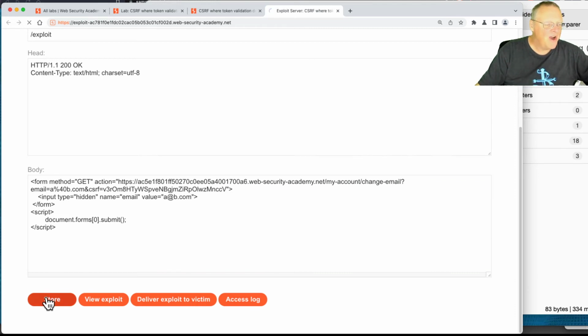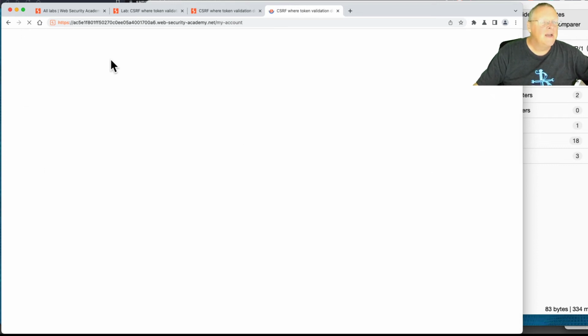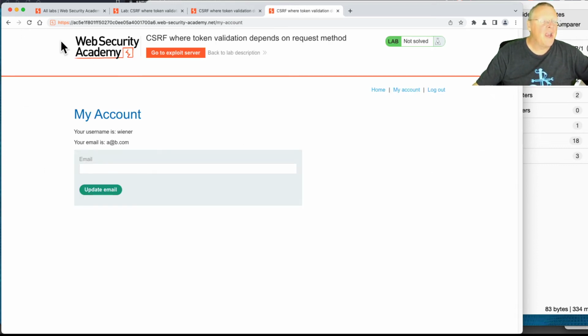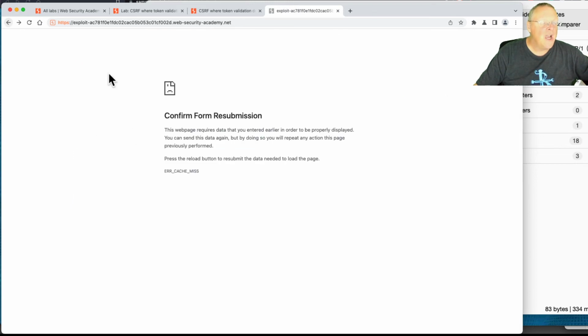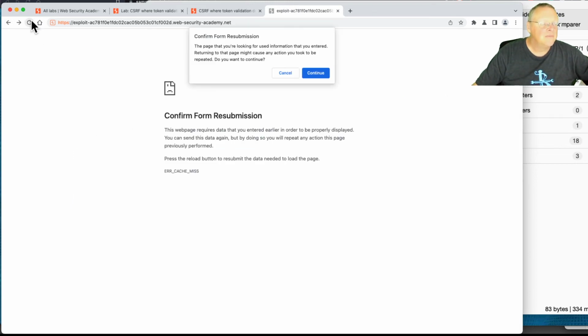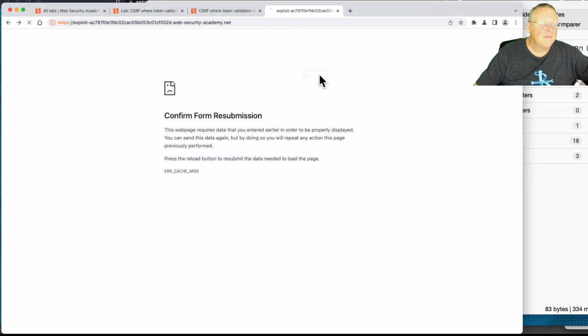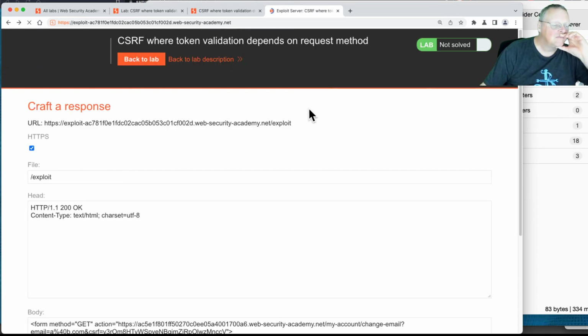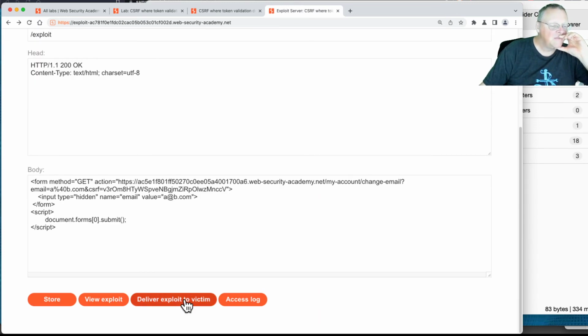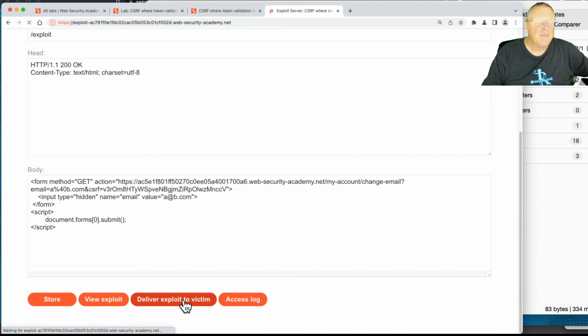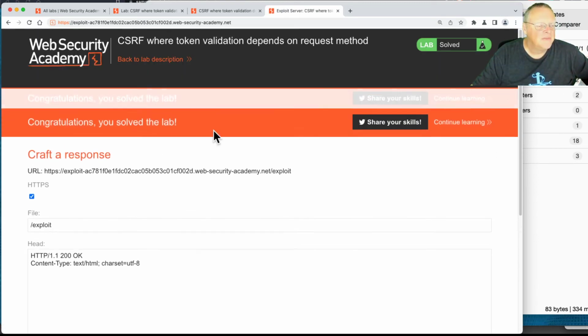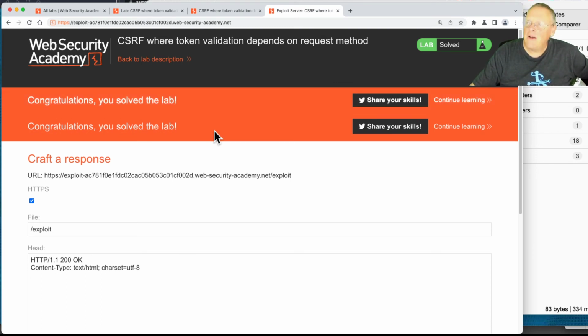Let's store this one. Okay. And now view exploit. And now it works. Okay. And therefore it will now win. I just put a line out of place. There we go. All right, so that works, but I'm not really quite sure why I needed to add that